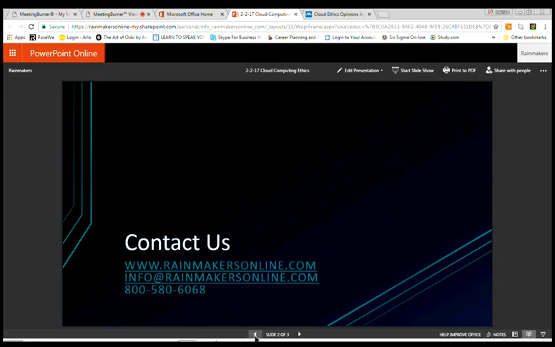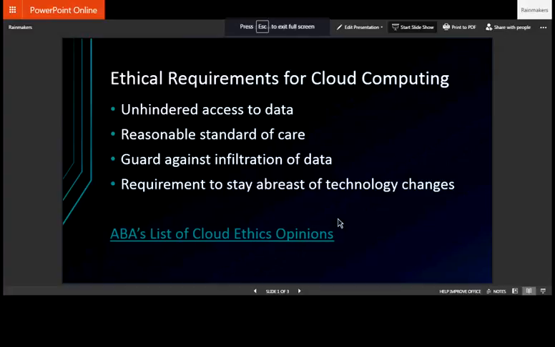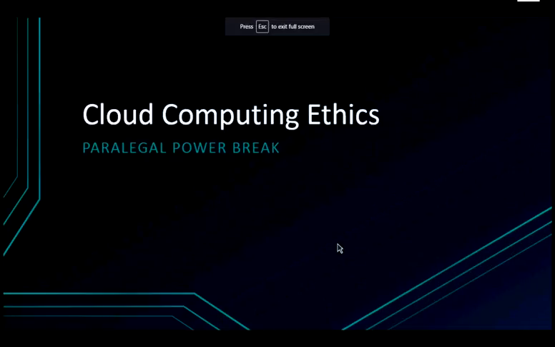Paralegal Power Break. In today's session, we will be discussing cloud computing ethics. And this is pretty much a follow-up from yesterday's session. Yesterday's session was ABCs of legal cloud computing, where we pretty much talked about the basics of legal cloud computing,